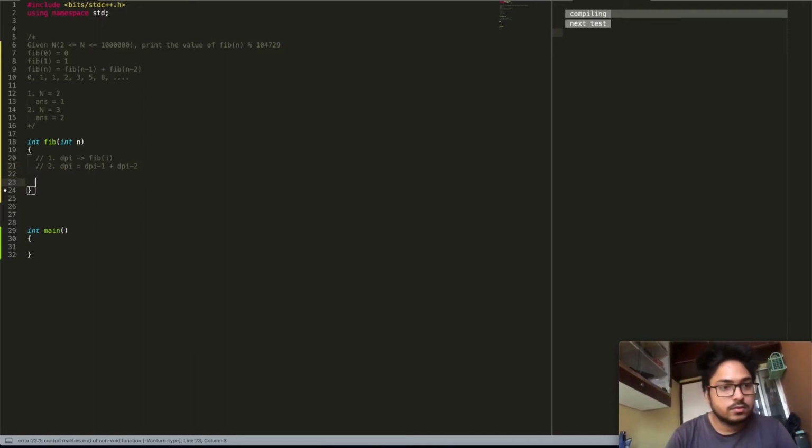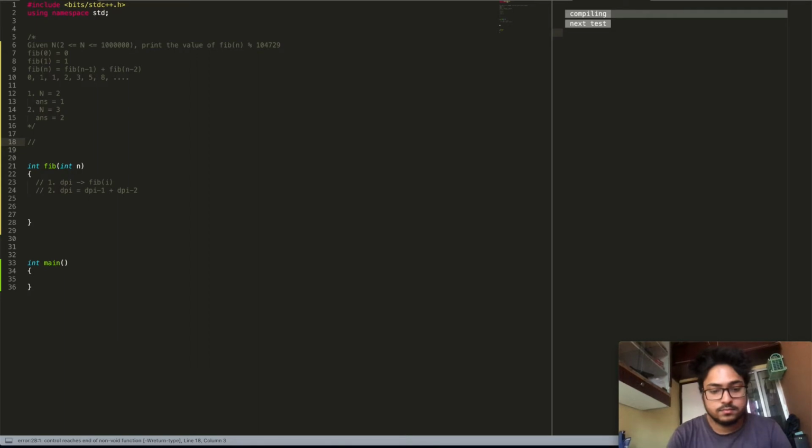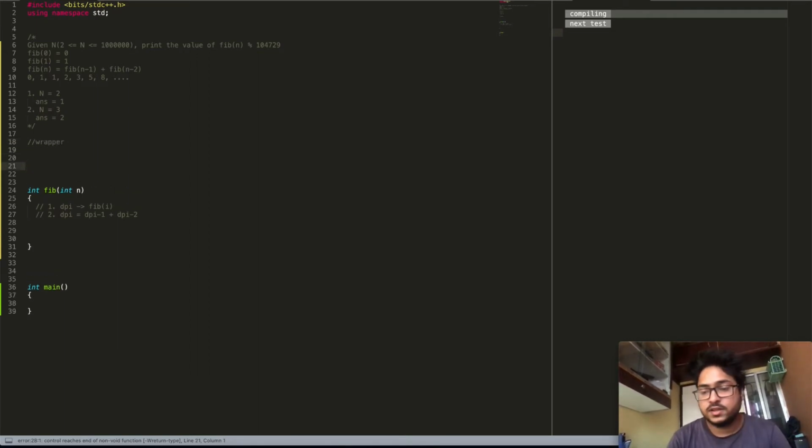All right. So let's just get into one of the most important parts of memoization. That is the wrapper function. The first thing that we will do is define the wrapper function, and then we will see what the job of the wrapper function actually is. I'm going to define the wrapper function as Fibonacci wrapper, and it will take in an integer value int I.